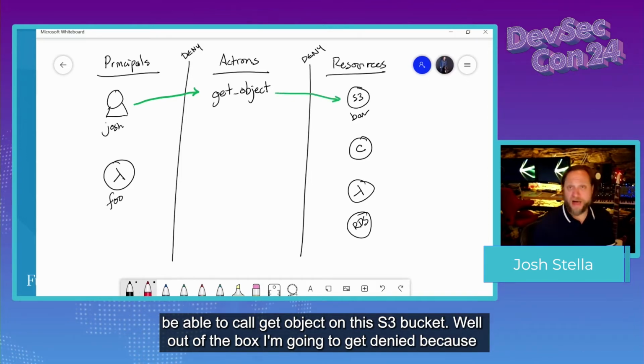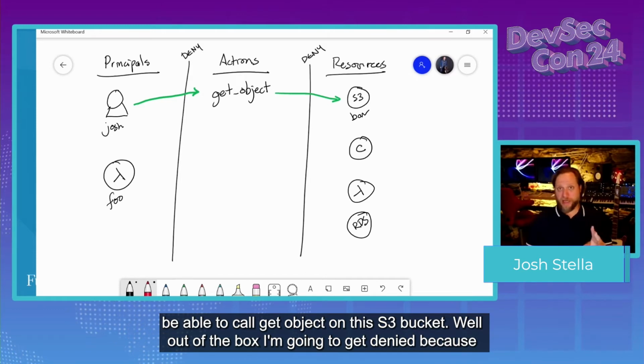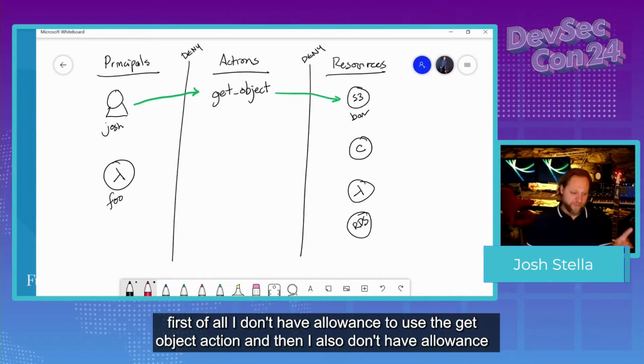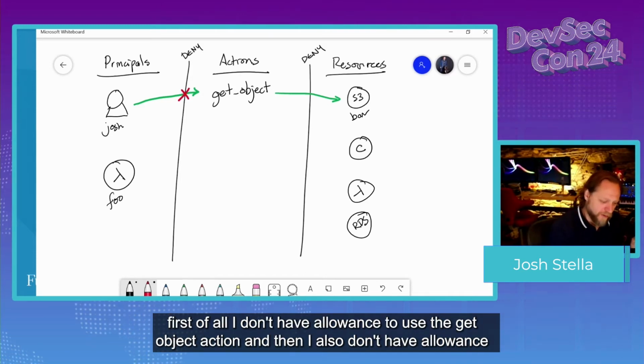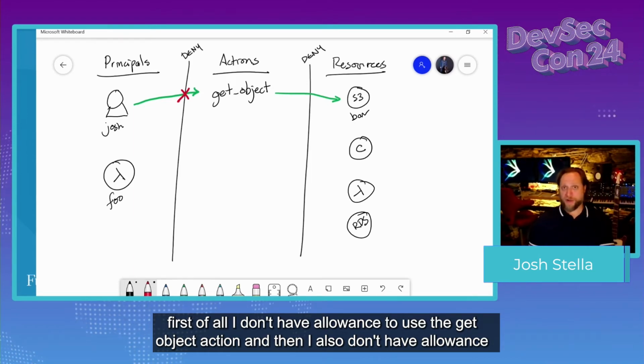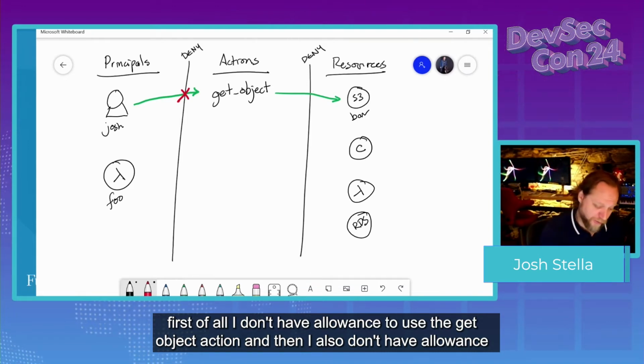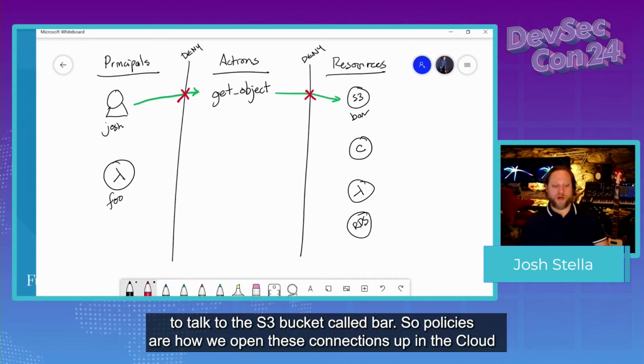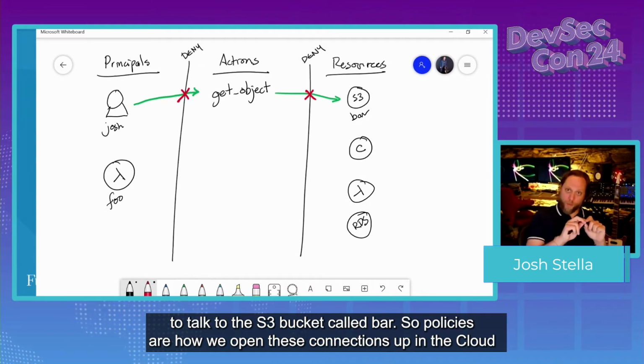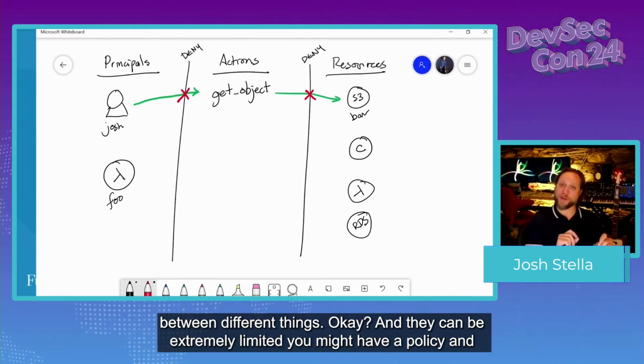Well, out of the box, I'm going to get denied because, first of all, I don't have allowance to use the get object action. And then I also don't have allowance to talk to the S3 bucket called bar. So policies are how we open these connections up in the cloud between different things.